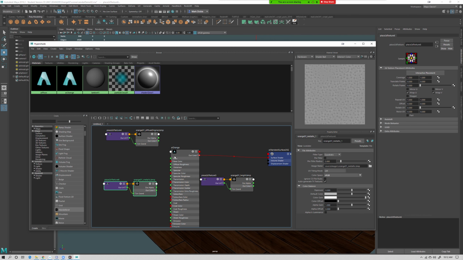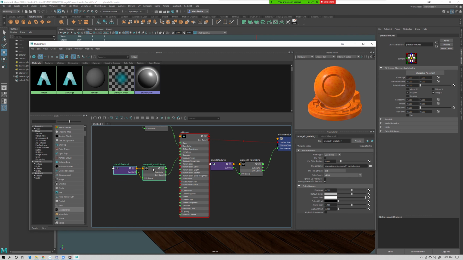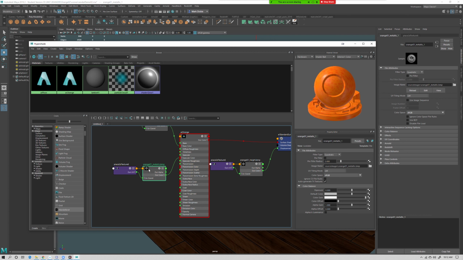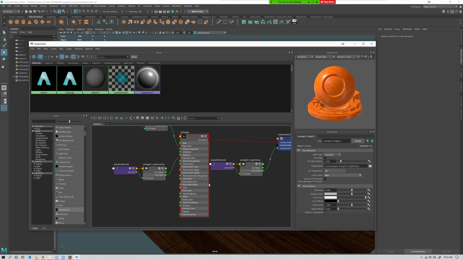So, same thing. I'm putting the color, so just making sure that you can see what by dragging it in, it's really useful that I've got a nice name. I can just clearly see that's the color. So that goes into color, that goes into specular color, that goes into displacement. Quick and easy. This one I want to set to raw, alpha is luminance, and this one, same thing. The color you can leave,